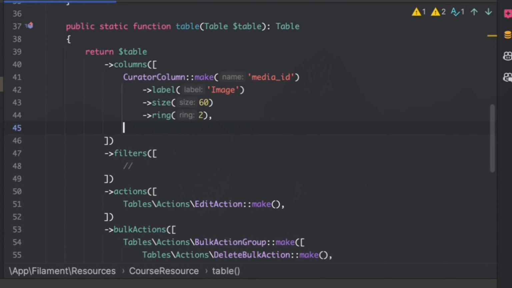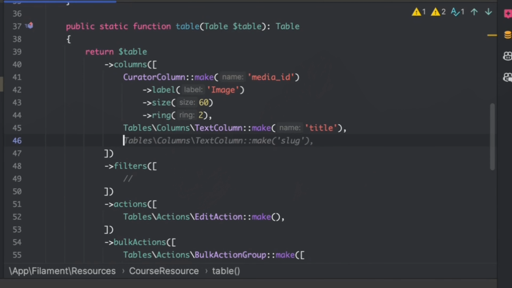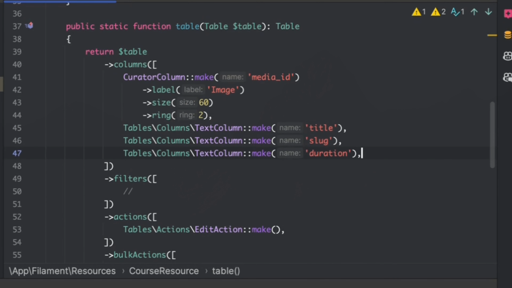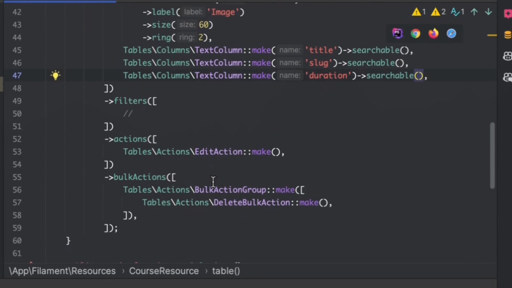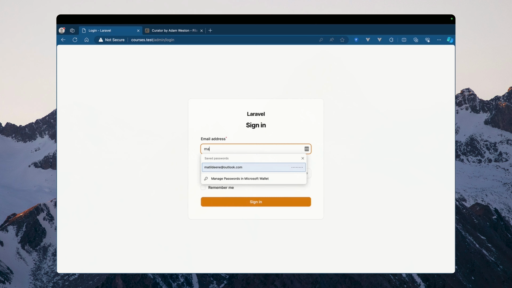We're going to have a ring of 2. And we're going to have a title, slug, duration. And I want to make these searchable. Just like that. Alright, so with that,